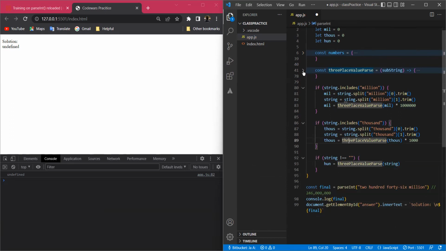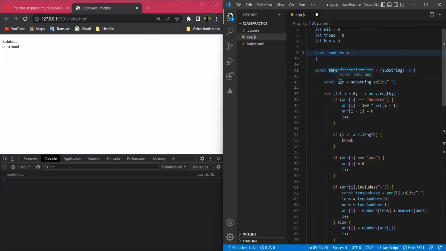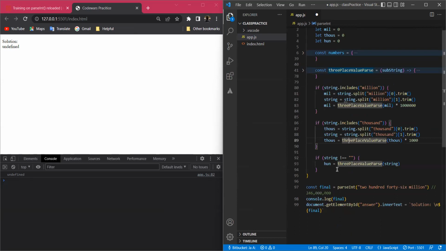But once again, I was telling you about those undefined errors that I was receiving. If I was to run that undefined value in here, because it would literally be blank, then it would constantly pop out undefined. So I had to put this check here to check if the string was empty after